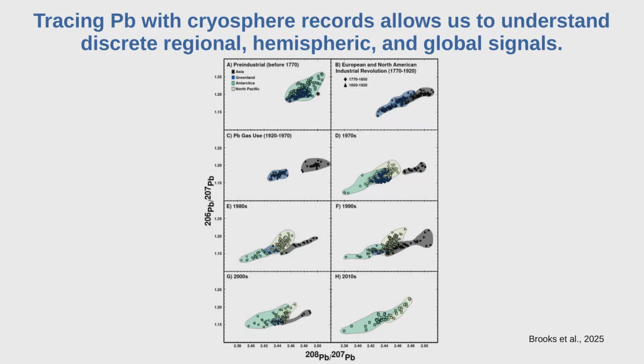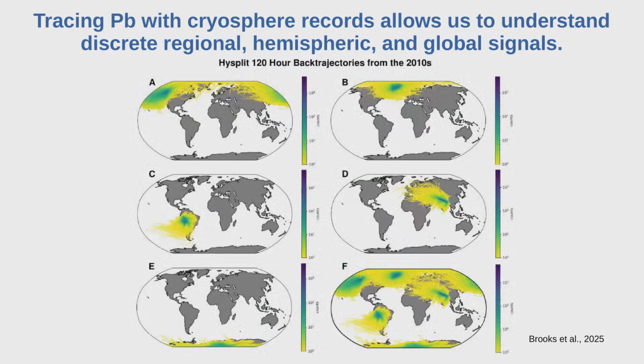Importantly, not all of the records have really long time spans to them. So, for instance, we don't have any North Pacific records from the pre-industrial at present that show us lead isotope ratios. So another consideration that we have to think about when we decide where we want to go and gather these cryosphere records is that we want to make sure that we understand what signals we're actually getting deposited at